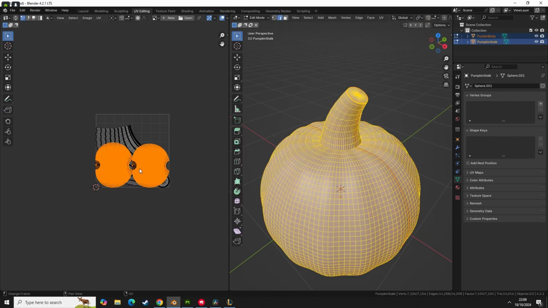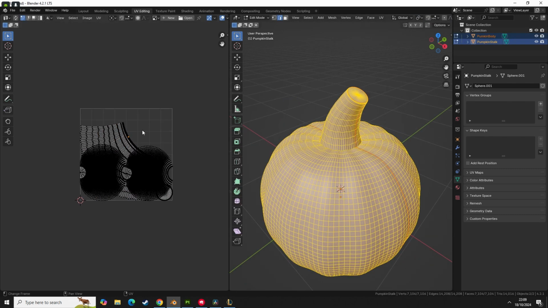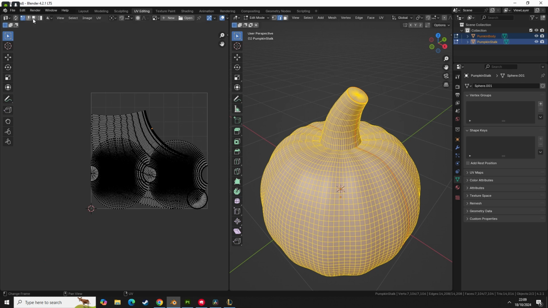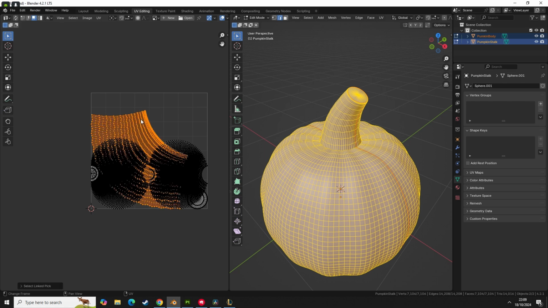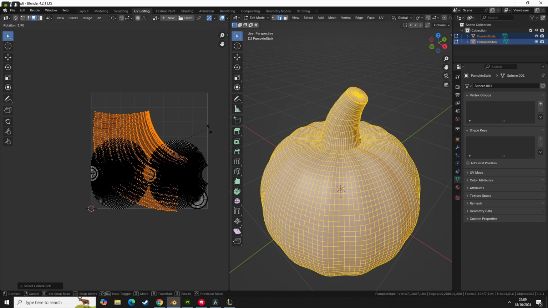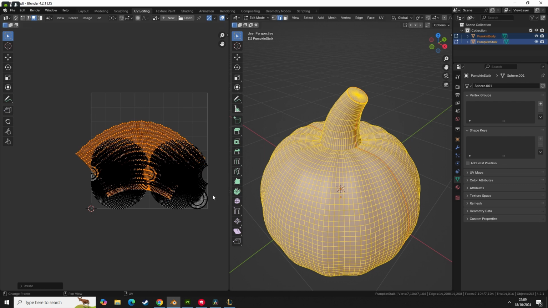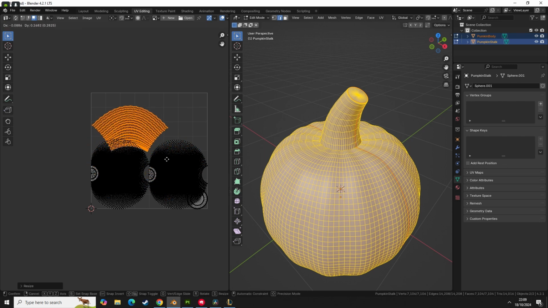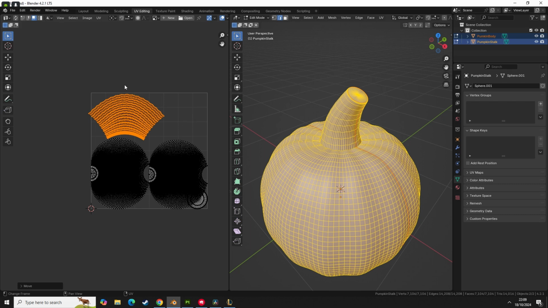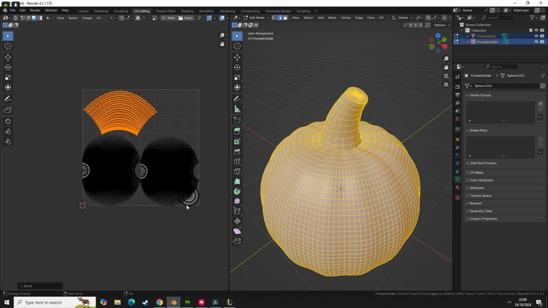Now this isn't great because it's overlapping, so what we want to do is press 3 for face selection, hover our mouse over this mesh piece, press L, press R to rotate, S to scale, G to move. Now imagine it's a really cool hardcore game inventory system. You don't want anything to overlap, but you want it to all fit inside. The more space it takes inside the UV grid, the more resolution you'll have